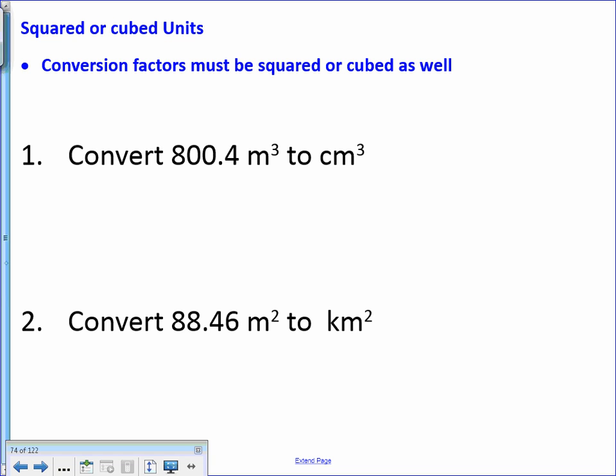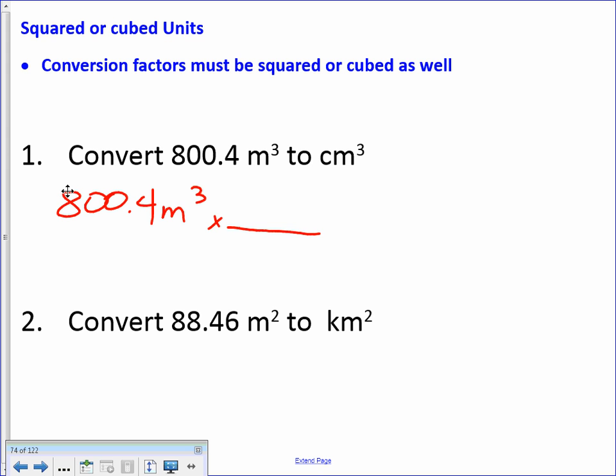Okay, so let's look at number 1. You'll notice I'm going from meters cubed to centimeters cubed. And naturally, you're just like, hey, we went from meters to centimeters. What's the conversion between meters and centimeters? 100, right. Base is meter, centi is 2 zeros away, so it's 100 centimeters in 1 meter. That's actually a little different when you're doing cubed things. So here's my process. Start out the same,